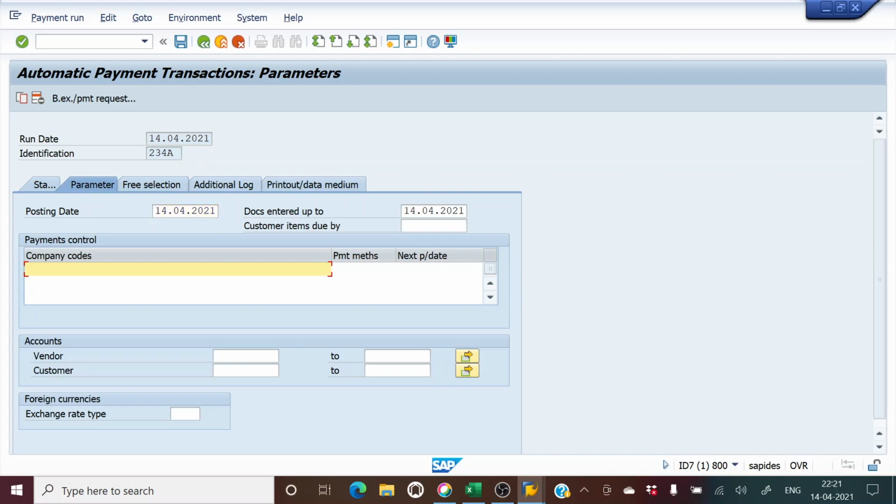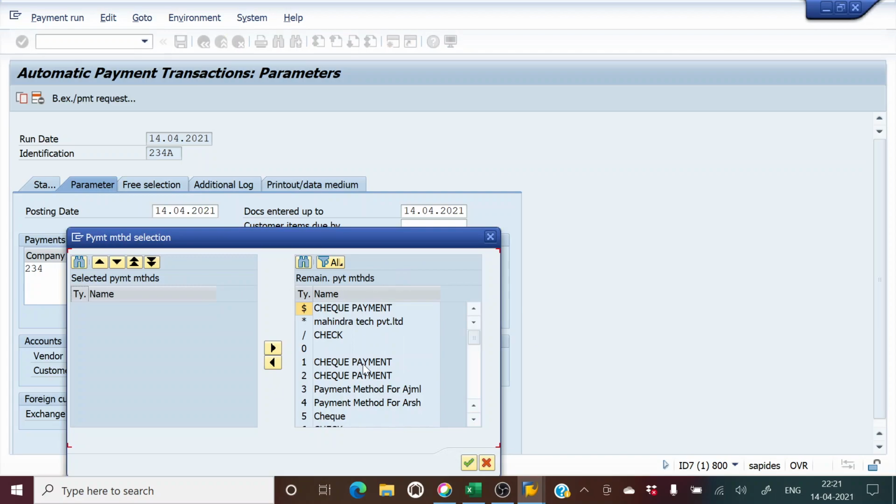So here you have to give your company codes. We only have one company code, and the payment method is only Y in this case, which we have selected.